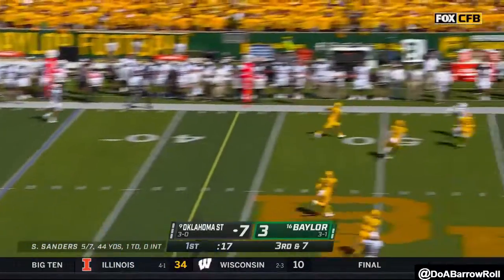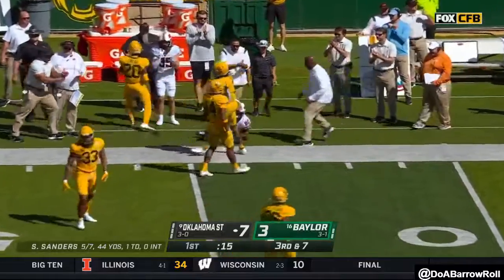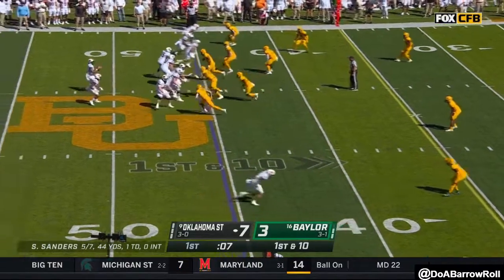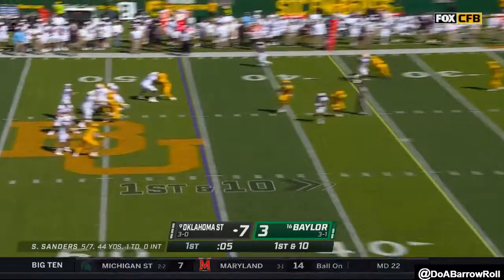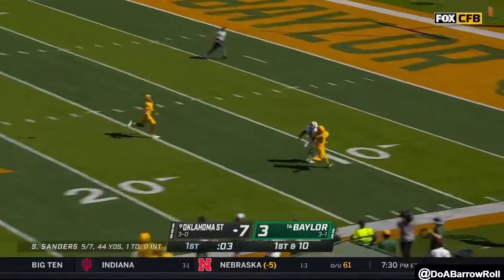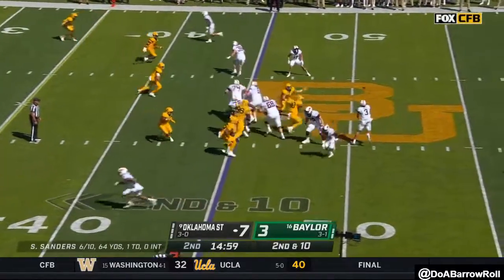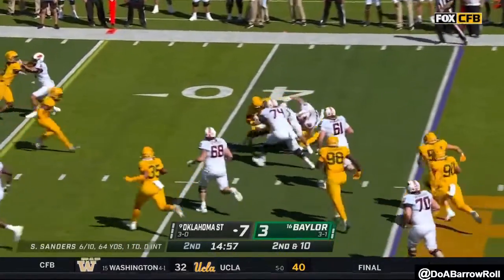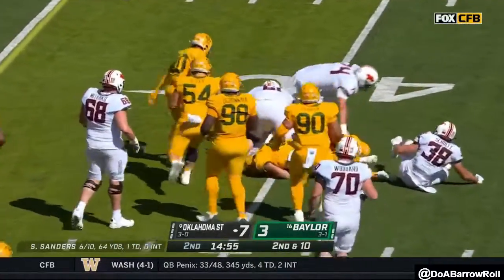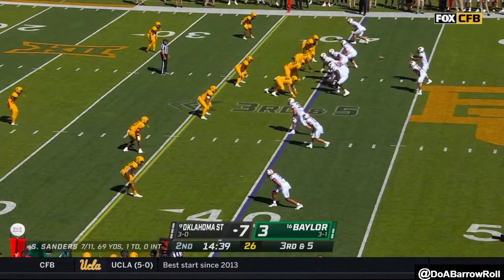Sanders scanning. Sanders throwing to the sideline. Beautiful peg by Sanders. Now they want to take the shot. This side and bat it away. Confidence of Spencer Sanders spiking. And you see it there with that throw as John Paul Richardson now has this catch to the 3rd and